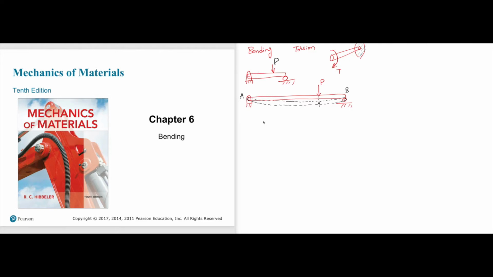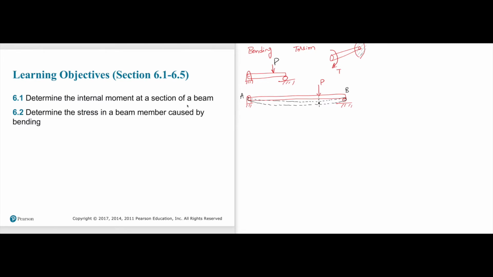Proceeding further. So this is the concept, the primary focus of the chapter would be to discuss concepts related to bending. The objective of this chapter is to calculate the internal moment at every section of the beam in the beginning parts of the chapter. In 6.2, we should be able to calculate the stress in the beam at any cross section caused due to bending,